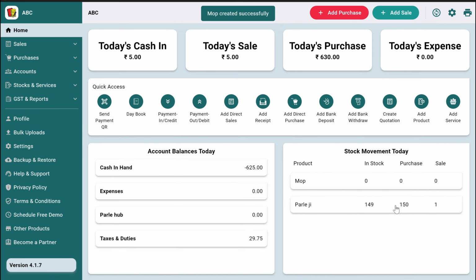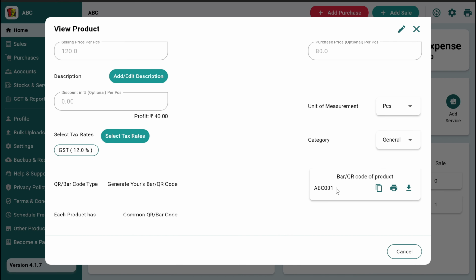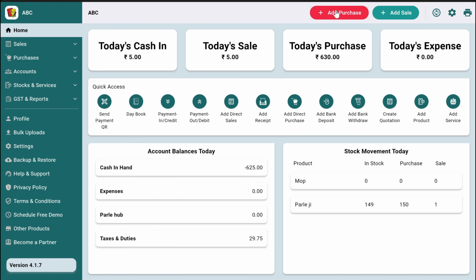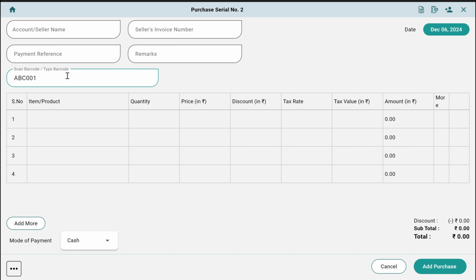I will just add the product. Now as you can see, we have the mop. I will click on it, and as you can see, we have that product here. Okay, I will just copy the barcode, and at the time of purchase, if I paste that barcode, then the mop is also added. So a common barcode, whether it's generated or product, we can use it to create a purchase